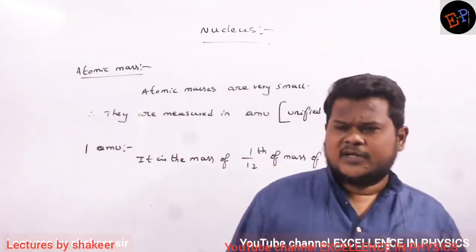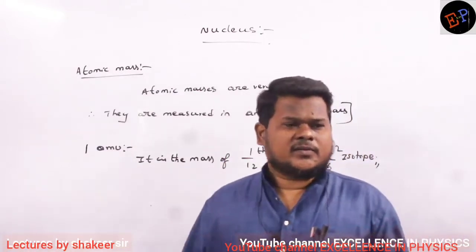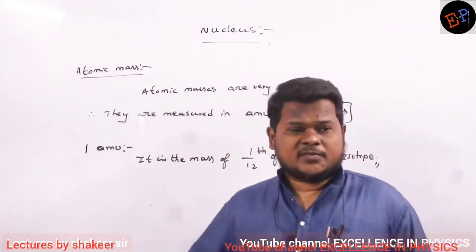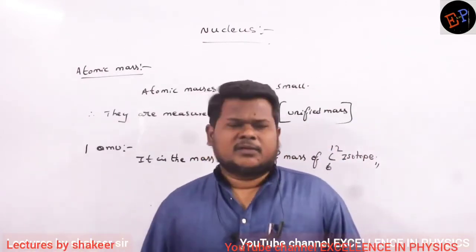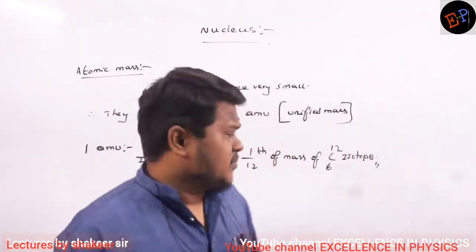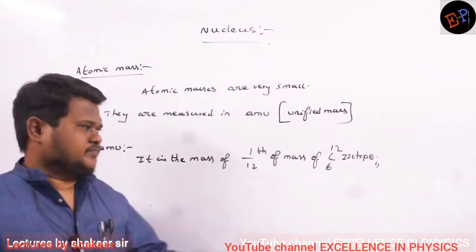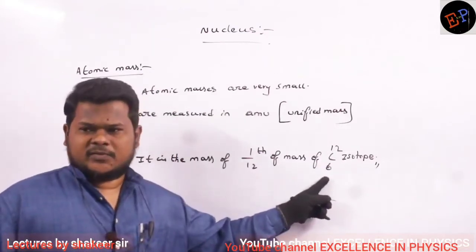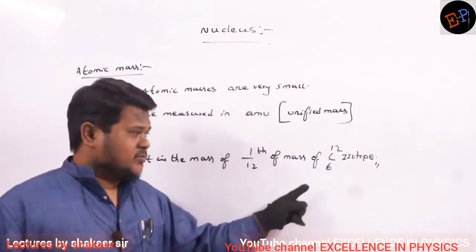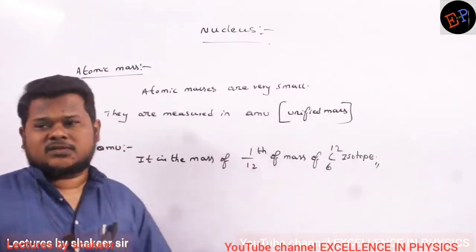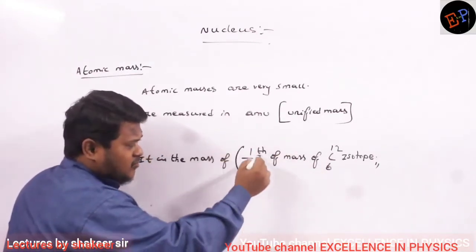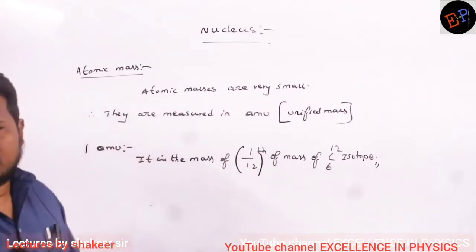Previously the mass of hydrogen was taken as 1 AMU. Previously when we were studying, there was no concept of carbon; we were studying that the mass of hydrogen is 1 AMU. But technically there were some problems, so they changed it to carbon. So 1/12th the mass of C-12. There are many isotopes of carbon, no? C-10, 11, 12, 13, 14 are present. Which isotope do I have to take? That isotope whose atomic number is 6 and mass number is 12. And in that atom, how much do I have to take? Only 1/12th part of that one particular single atom.